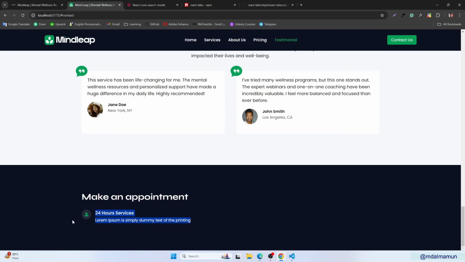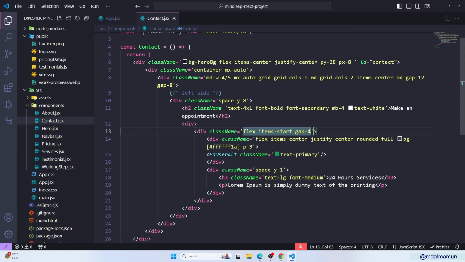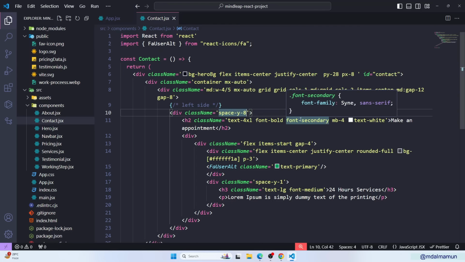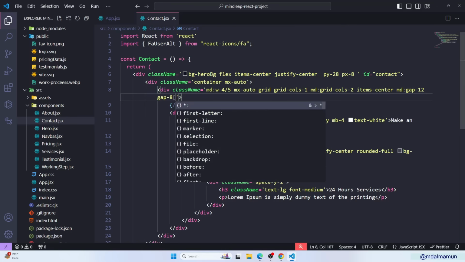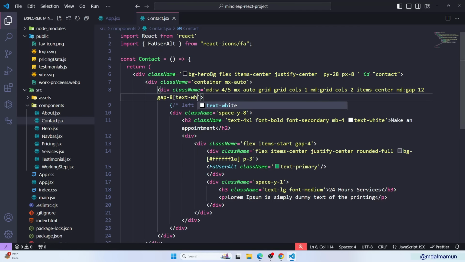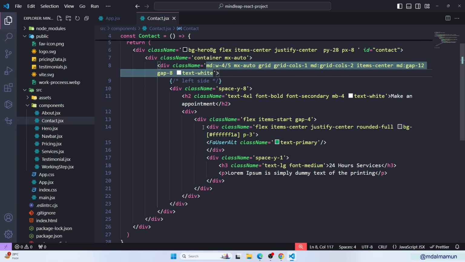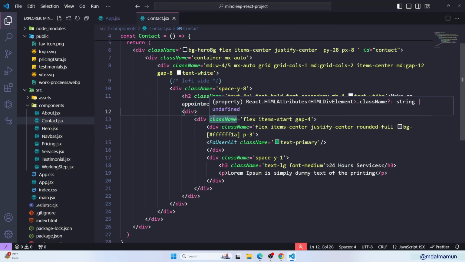Let me check it. We will have to make the text white, so here let me define, we can just target this here. Actually we can just simply define text will be white. So if you define this, you can see this is the one div, and we can make some copy of it. But before that, here